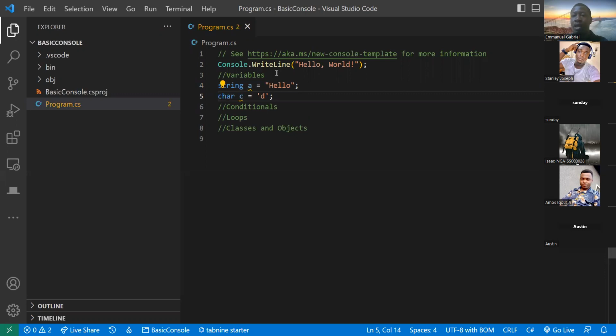It's used to store a single character, right? Then you have bool, short for boolean, used to store true or false, right? Those are the only 2 values that you can store in booleans, true or false. Then you have ints, used to store numbers like 0, 1, 2, 3, 100, 200, right?